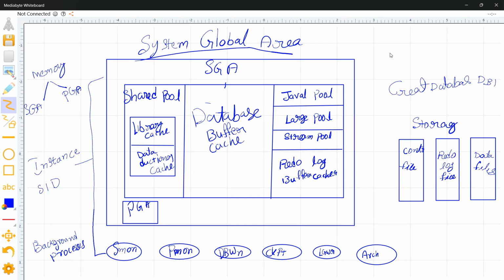SID is nothing but instance only. So whenever you start a database,